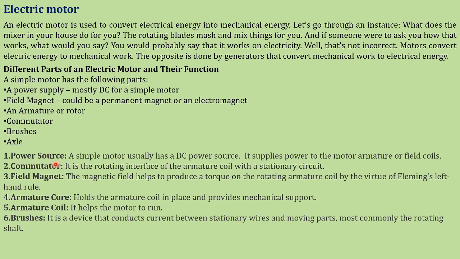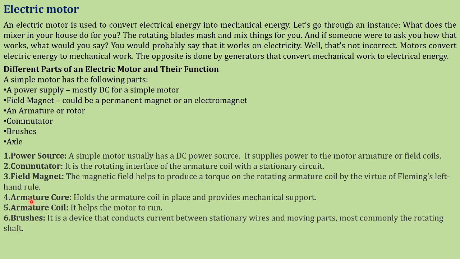Now what is the function of the power source? A simple motor usually has a DC power source. It supplies power to the motor armature or field coils. Commutator: it is the rotating interface of the armature coil with a stationary circuit. Field magnet: the magnetic field helps to produce a torque on the rotating armature coil by virtue of Fleming's left hand rule, which you have just read through, because the conductor will experience a force in the direction perpendicular to the field and